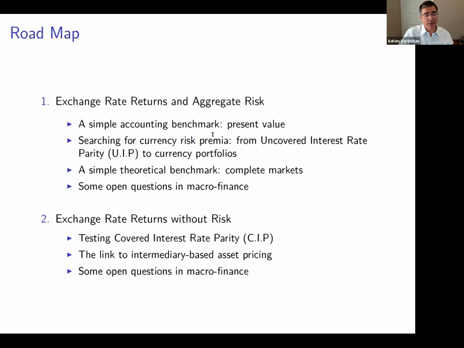I made this very strong assumption. We can relax it and still have a very interesting definition of the exchange rates. It's a very good point. Yes. That's it for the questions for now.